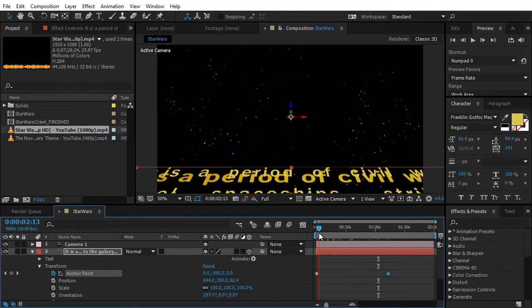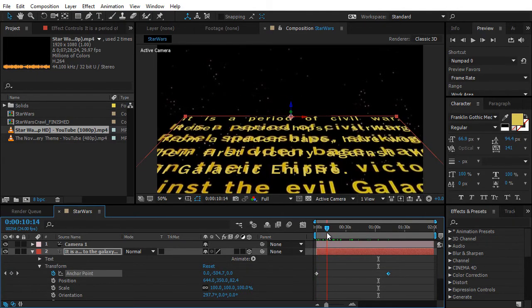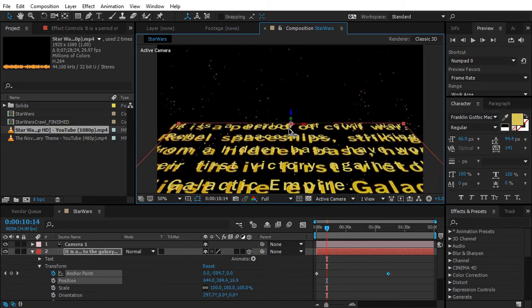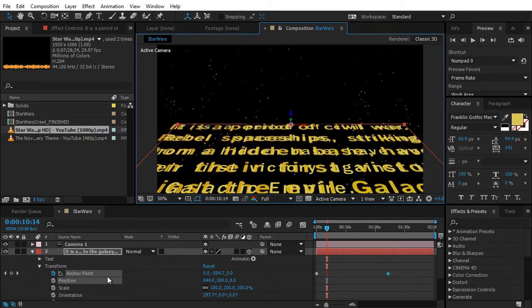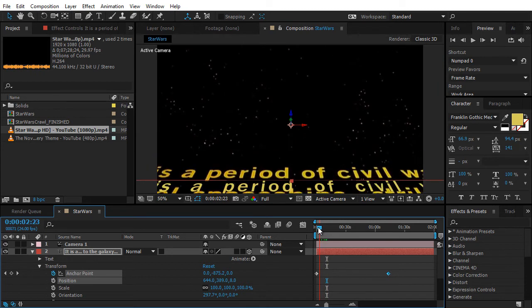Yeah, I've said that the text is a bit finicky and we're not going to spend too long on that. I think I'd probably make this text a little bit bigger, and I might actually also move the Y coordinate down, and that doesn't affect the anchor point, so that doesn't affect these keyframes that we've set, but it will make